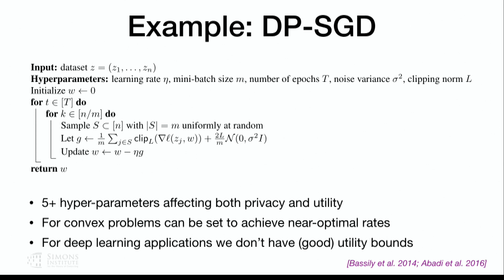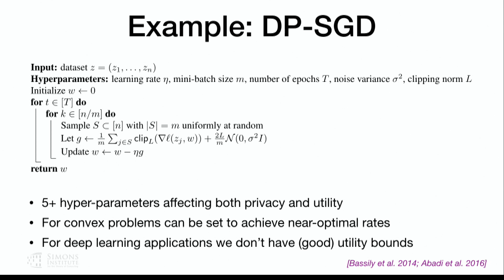But in practical applications, these days, people solve a lot of non-convex problems, especially deep learning problems. And in this case, we don't have good utility bounds, or utility bounds at all, that we can use to decide how we're going to set up these hyperparameters. And note that here, even if I didn't care about the privacy utility trade-off, even if I just cared about achieving a fixed level of privacy, things are not as easy as they seem, because there are many ways in which I can play with the privacy of this algorithm, right?